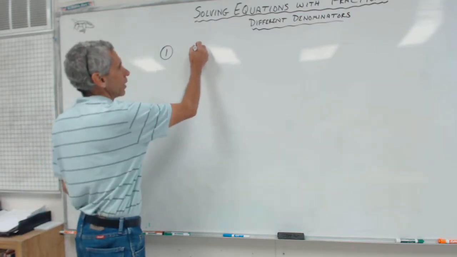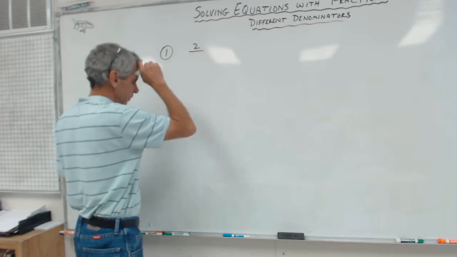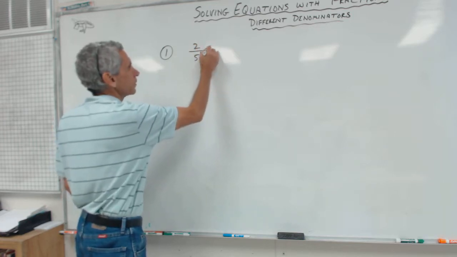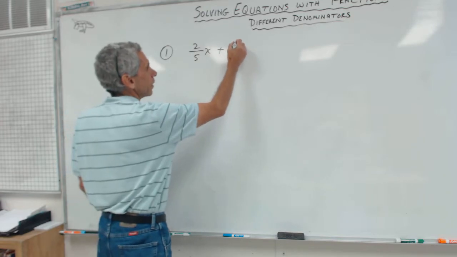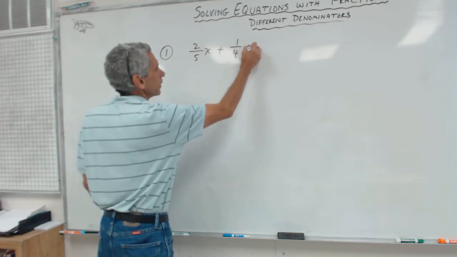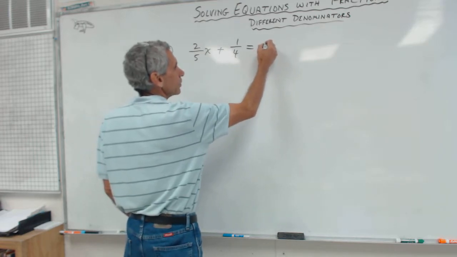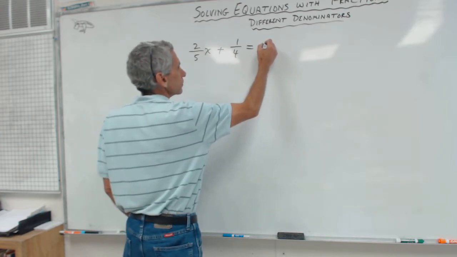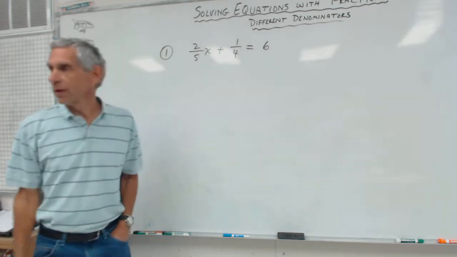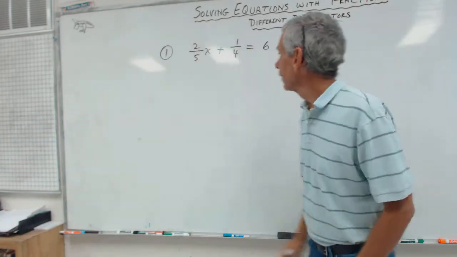Let's say I gave you 2/5 x plus 1/4 equals, I don't know, equals 5/7. We'll say 6, whatever, doesn't matter what we do. Okay? So